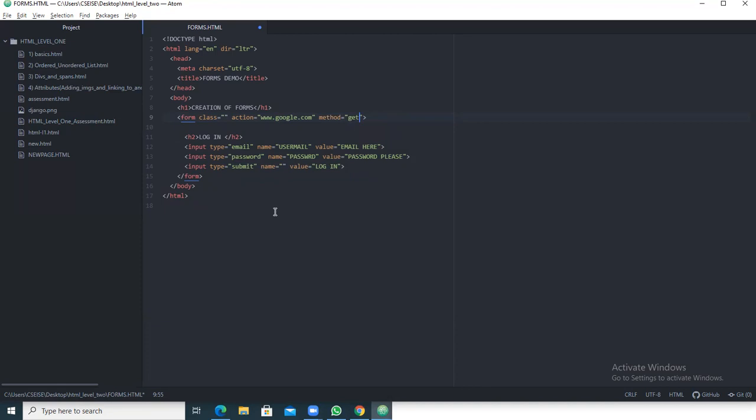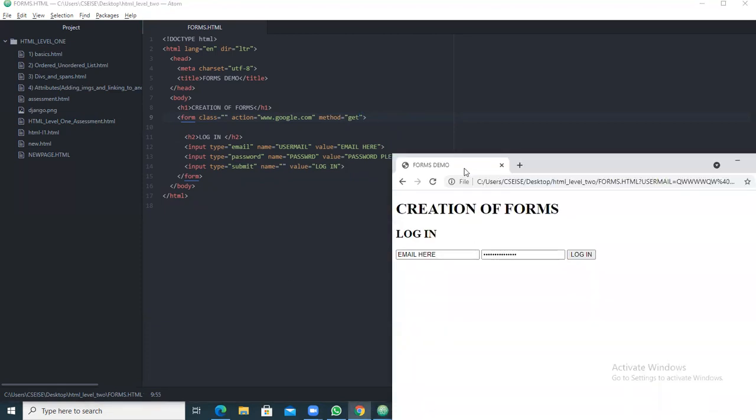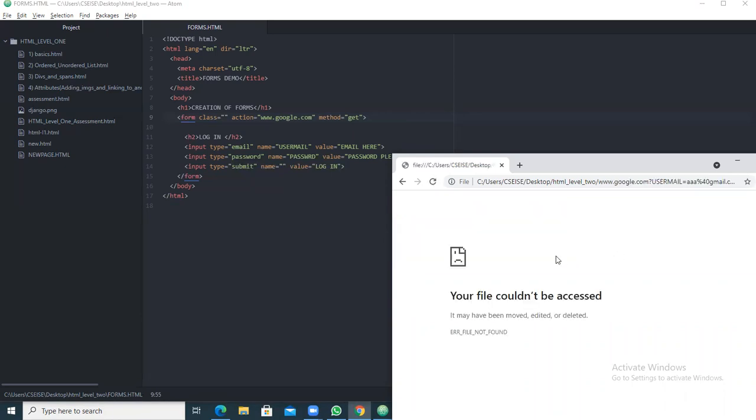Now you save this particular page and go to your web browser. You give an email at gmail.com, go for password 1234 and give login. It should go to that particular gmail.com.